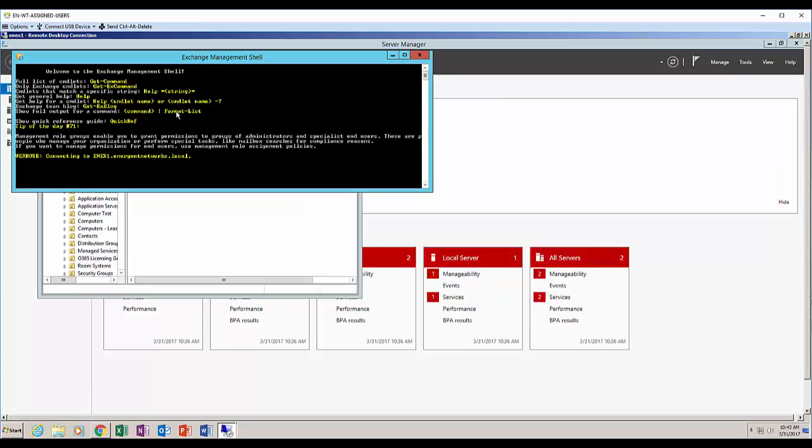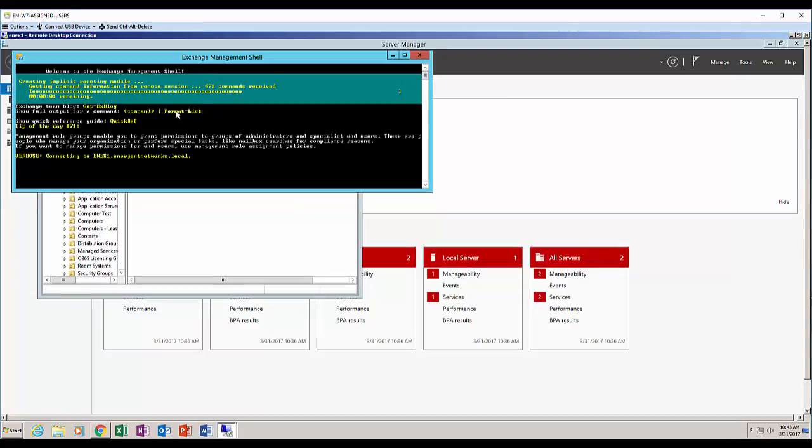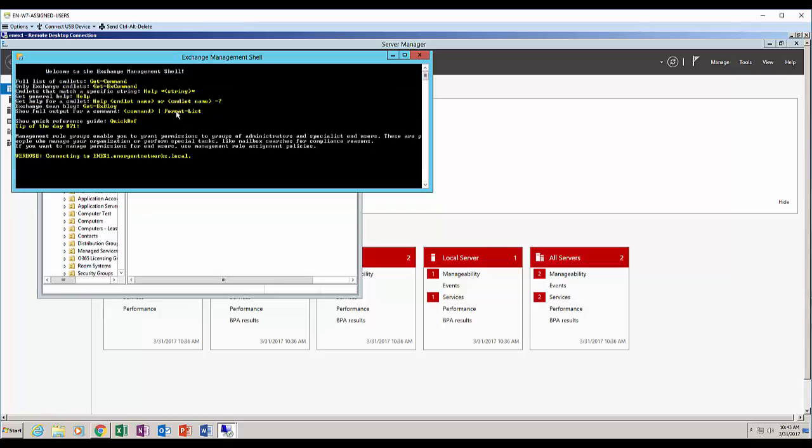Okay, so it's going to connect up to our hybrid server. And what we're going to do is issue just a couple of commands that will tell it to create a remote mailbox. So we're going to do this: Enable-RemoteMailbox. And now we're going to type in the SAM account name of that user. So jgoober. And now we're going to give them an email address,